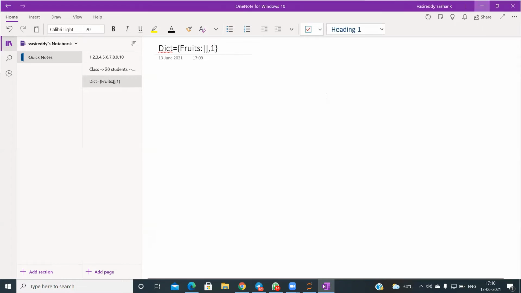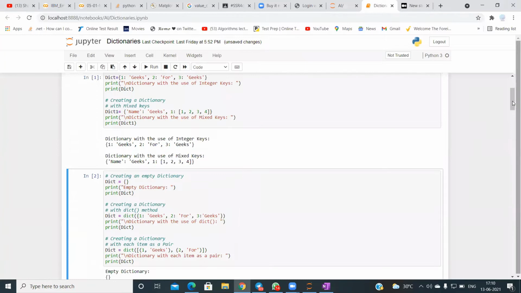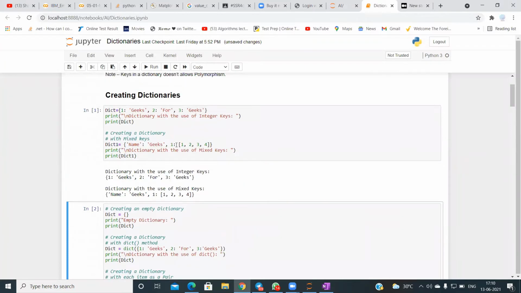So that is one way of creating a dictionary. So you see now, I have created a dictionary using integer keys and using mixed keys.